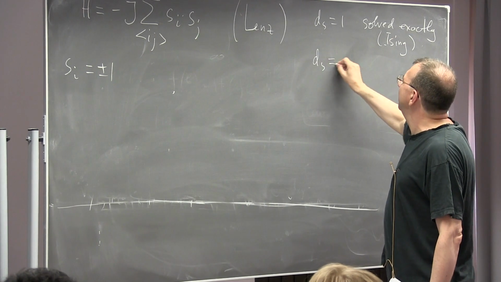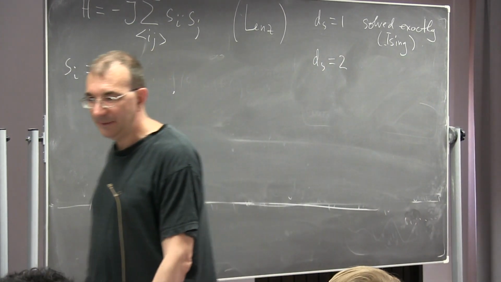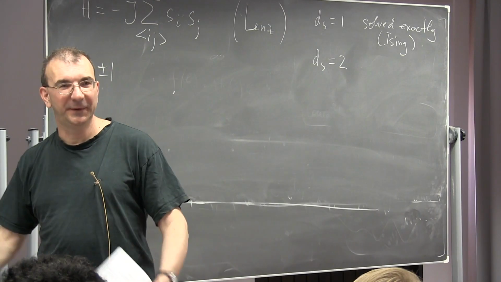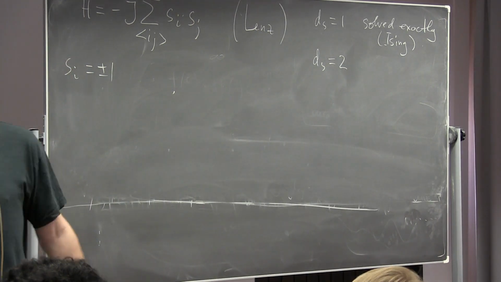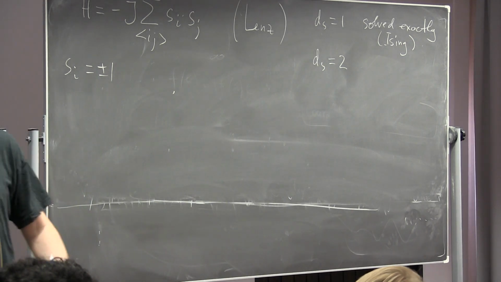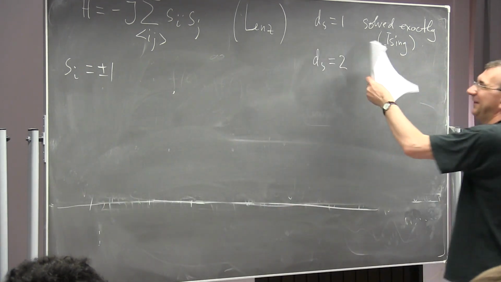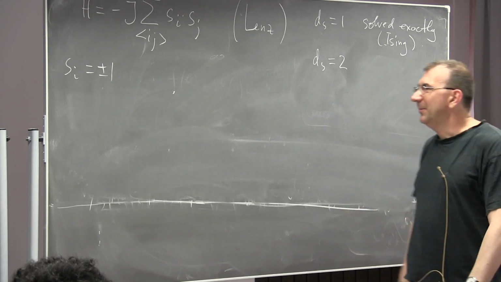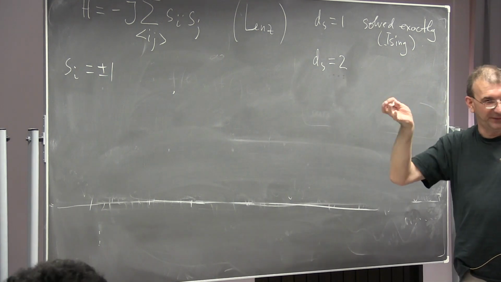Then he discovered that there is no phase transition in one dimension and concluded that this model, the Ising model, is not suitable for discussing statistical mechanical properties, because we were looking for a model of ferromagnetism, of course, and we know that there is a transition to a ferromagnetic state. So his conclusion was that this doesn't work, so let's think of other models. But that was a little bit too premature. In d equal to 2, there is a phase transition.